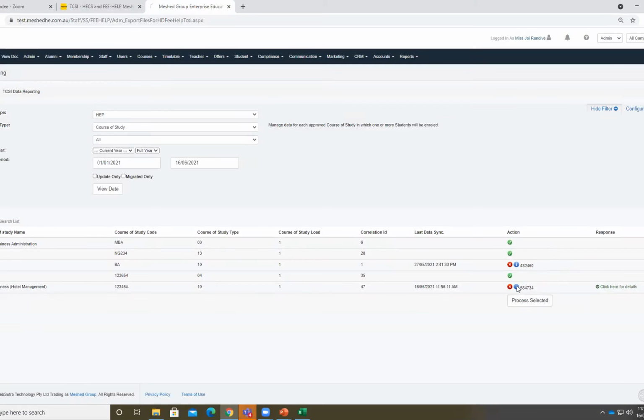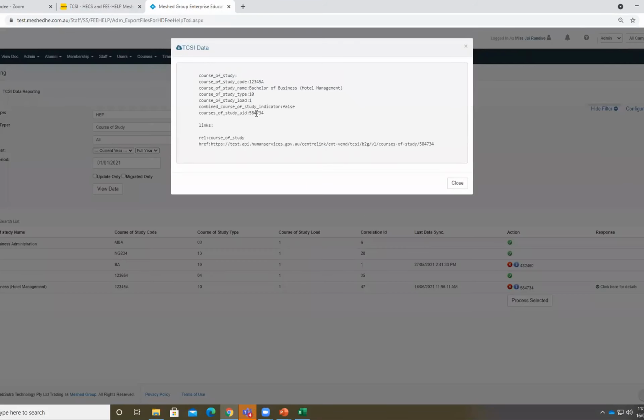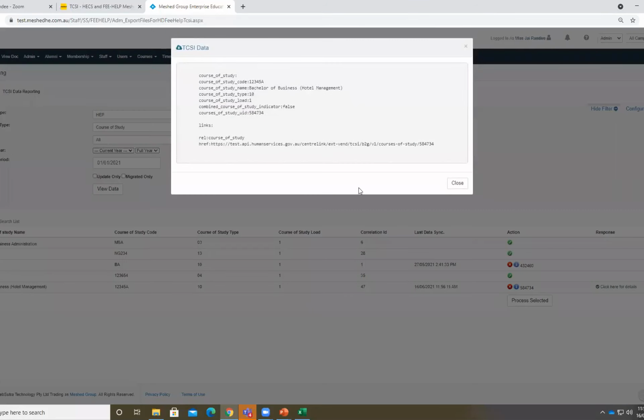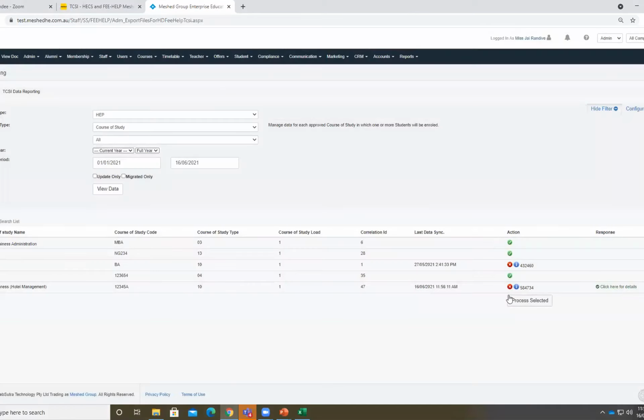With this blue icon, you can check what data is getting reported to TCSI. Whenever I click on this blue icon, I'm getting a response in real time from the TCSI portal itself, and the values that have been recorded against that record. So you can also verify. If data is reported, I will also be able to delete that record by clicking on the delete button. For delete also, we have a success message. If you get any error while deleting, you will get that response message here, as well as the message for a successful delete.